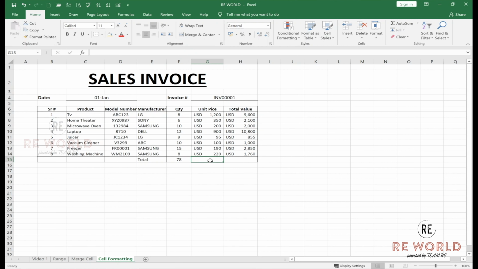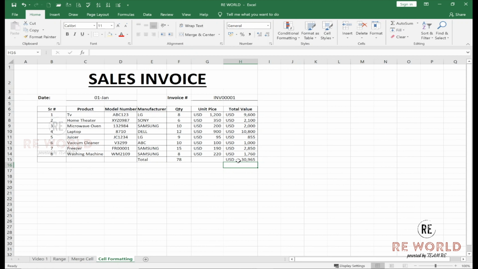No need to take the sum of unit price because the unit price sum will not add any value, but for sure the total value will add value here, that is the total amount the customer has paid. Now there are also multiple ways to put a formula here. If you go to the Home tab, we have AutoSum here. Just click here and it automatically selects the area, click enter and it comes 30,965. Another way, you can press Alt and equal on your keyboard, Alt and equal, and it automatically brings this value here.